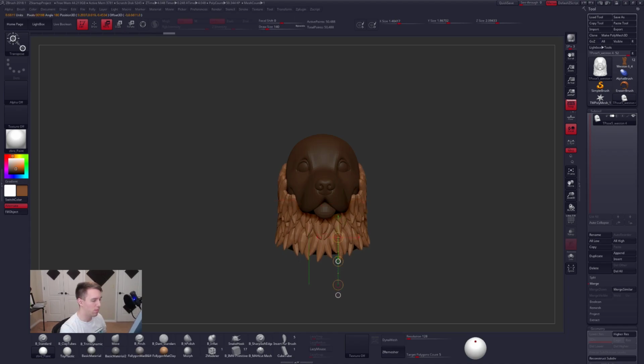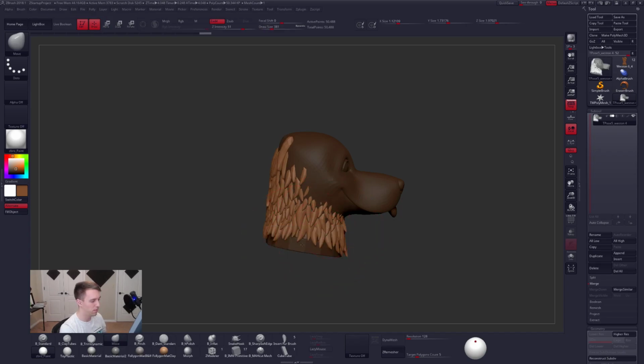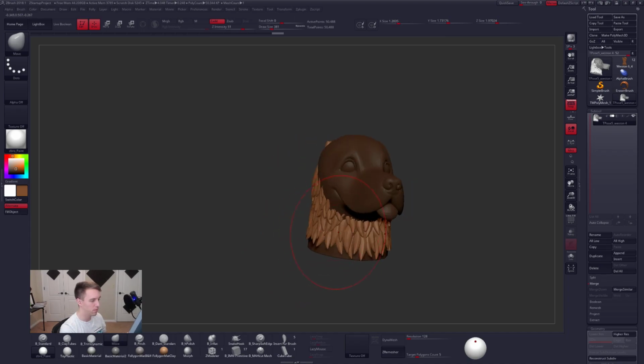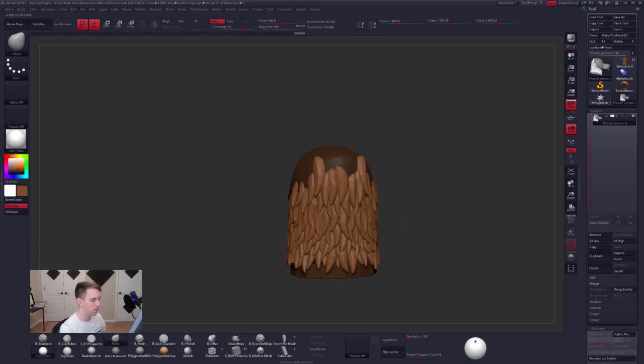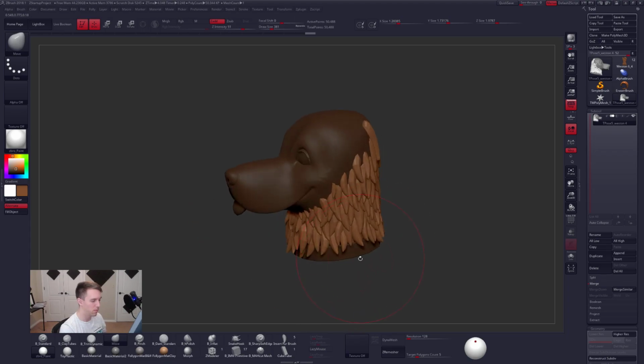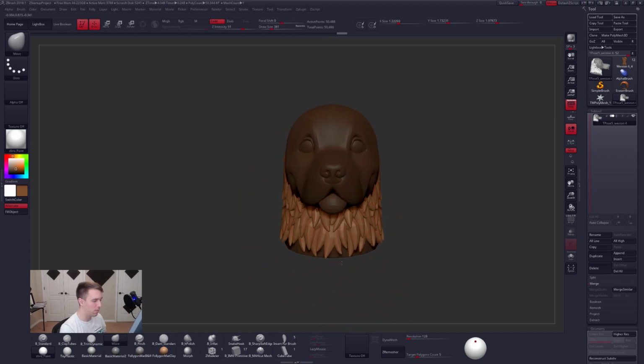And just scale this up to be a lot larger, and then just pinch in along all of that, just using a move brush, hopefully start fixing some of this. I scaled these up pretty large, so